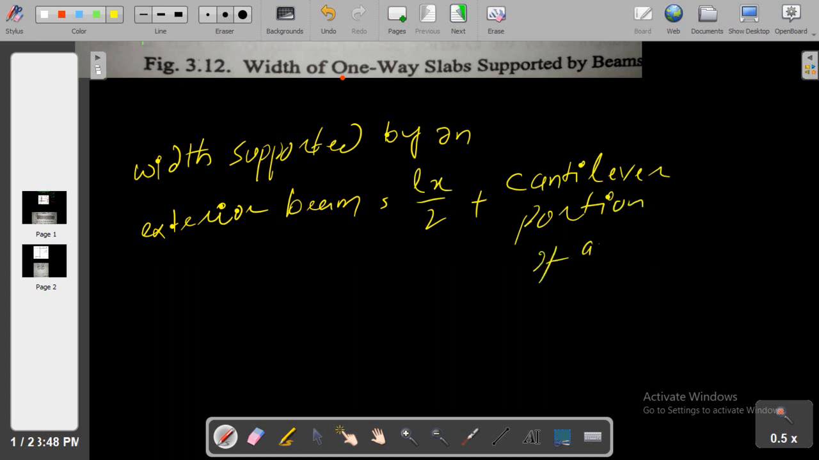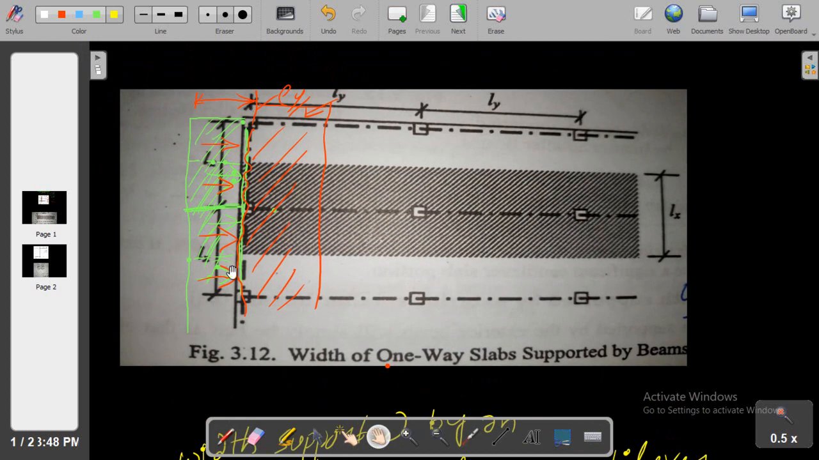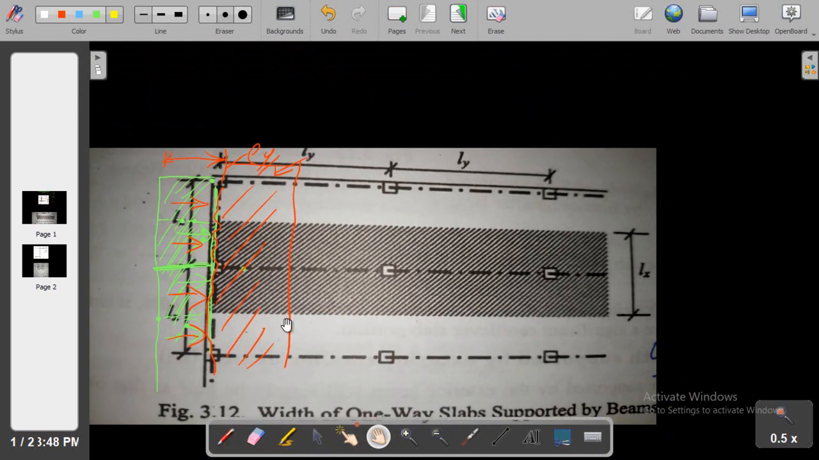If any. Sometimes we have, but sometimes we have not. So like in this case, this is my exterior beam, similarly this is my exterior beam. So in that case, let me rub this one. Let's say we are designing this beam, this one, which is also an exterior beam, and we have a